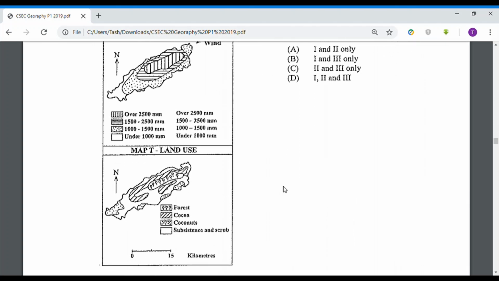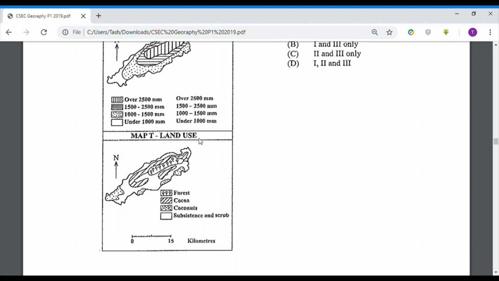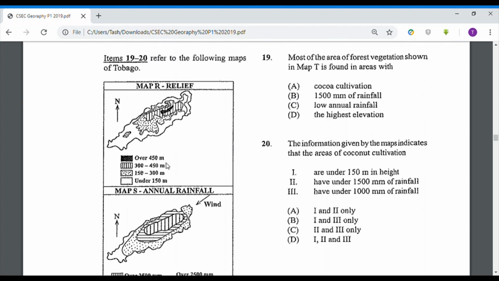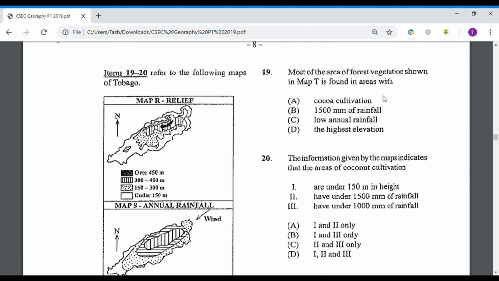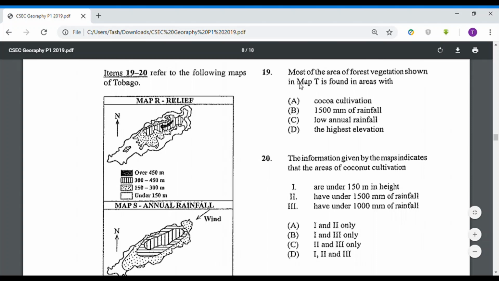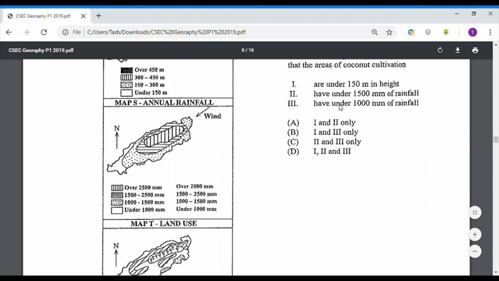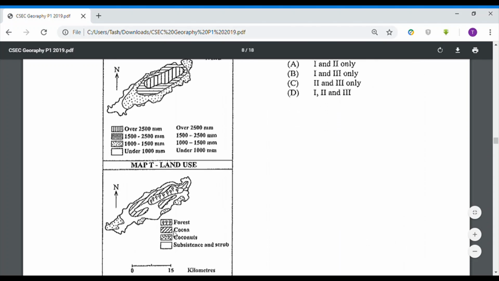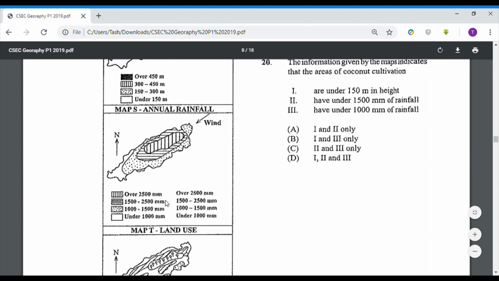So let's find map T and find the area with forest cultivation. So we are seeing this middle section here based on the key. So all of this area is forest vegetation. So we know where it is. Here are the options. So most of the area of forest vegetation shown in map T is found in areas with A, cocoa cultivation. So we would look back at the map that has land use, and we're seeing that cocoa cultivation here is around this section. So that would not have been correct because it is not showing us the area that has